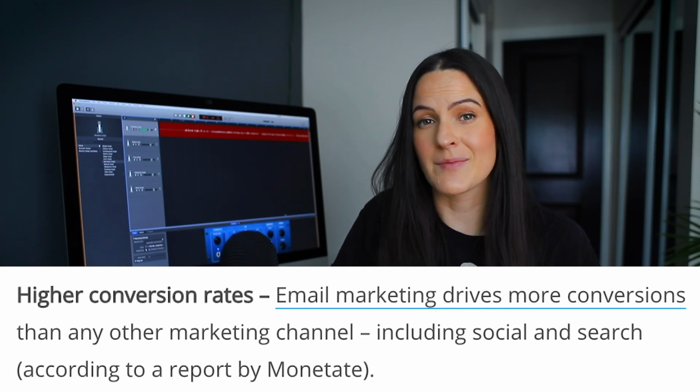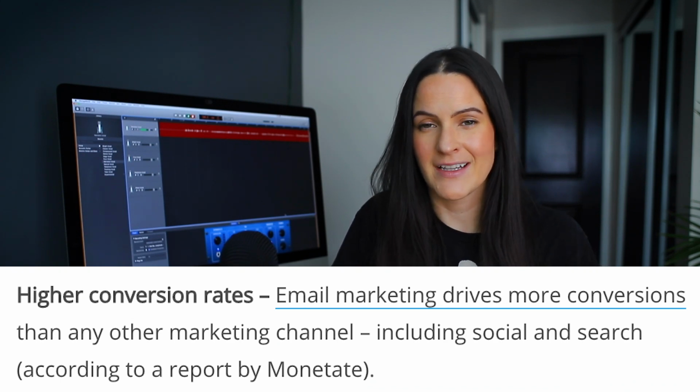Now, this is super valuable to any business because capturing someone's email allows you to communicate with them at your will and ultimately convert them into customers. Did you know that email converts nearly 4 times better than social media? That's why you'll always hear me talk about the importance of an email list and encourage you to start building one right away.